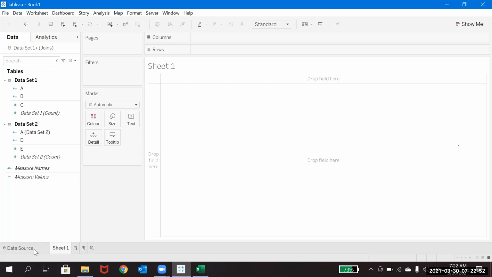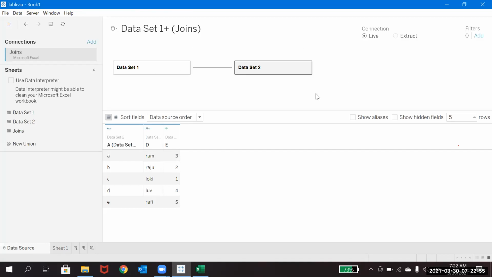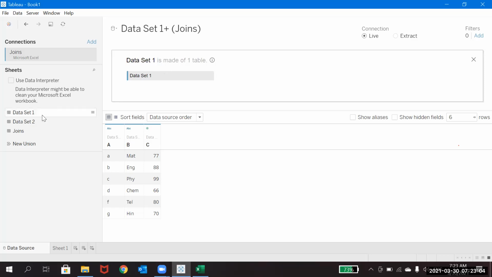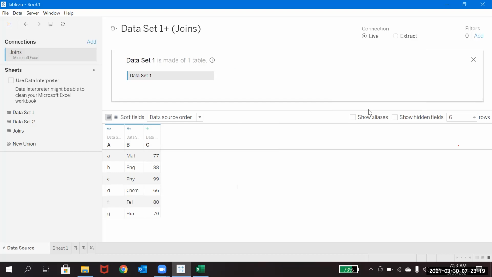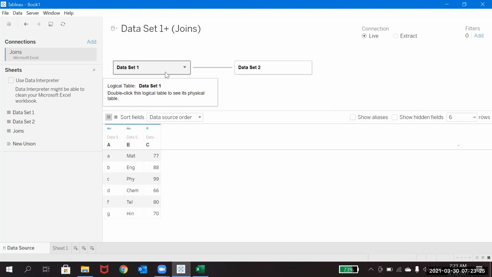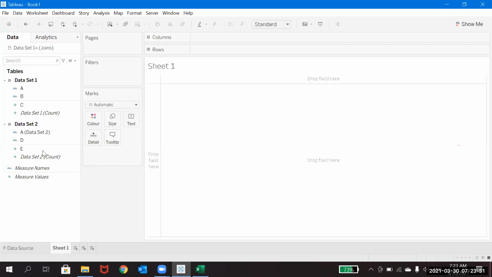As I told you, this was not the page in the previous versions. The page you were having in the earlier versions is this. Directly the moment you drag here and go with the secondary data set, it will show you this join symbol and you will do it. But now it is not showing in this. If you would like to do the join for sure in any of the data sets, it will allow you to do it when you open that particular data set. If you connected two data sets and go here, maybe we'll see how the result will look.